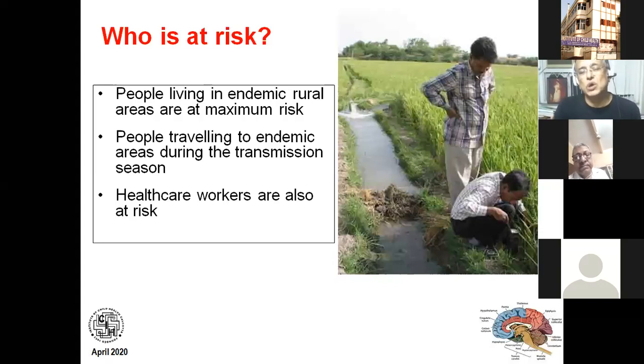In cows, oxen, and horses, though Japanese encephalitis occurs, they never attain viremia to the degree needed to cause transmission of the disease. So it is due to an accidental bite, when animal and human being stay side by side. Instead of biting the animal, the mosquito bites the human being. That is how the disease is transmitted.